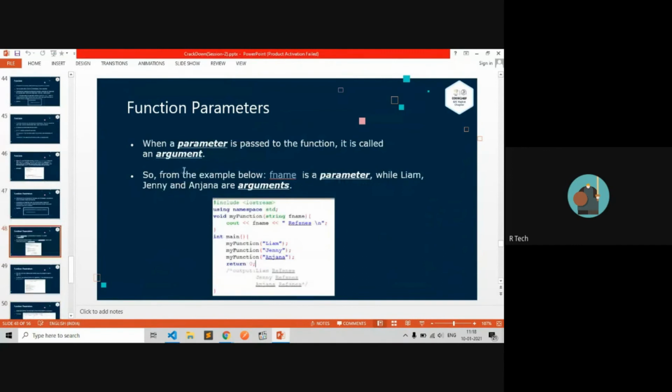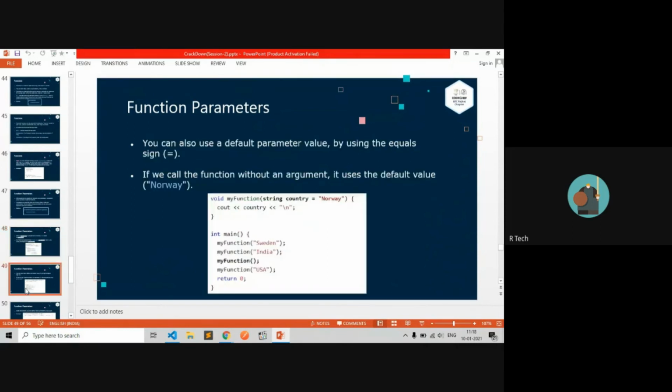So whenever a parameter is passed to a function, it will use it. Then this is a default parameter, which you may or may not pass. If you specify a value here, then you do not have to pass a parameter with this.